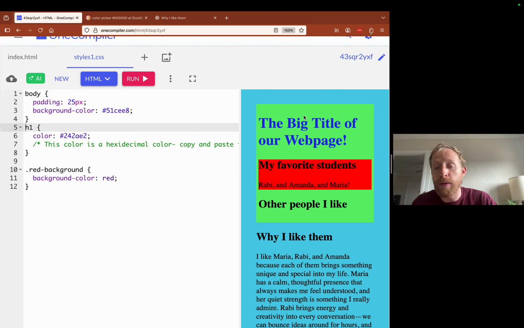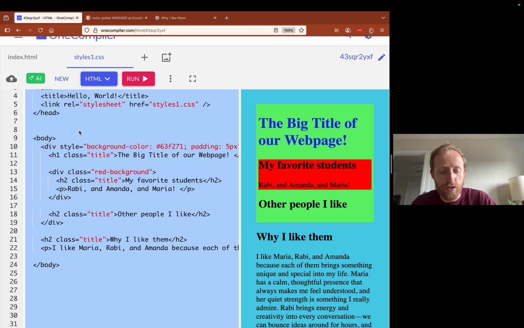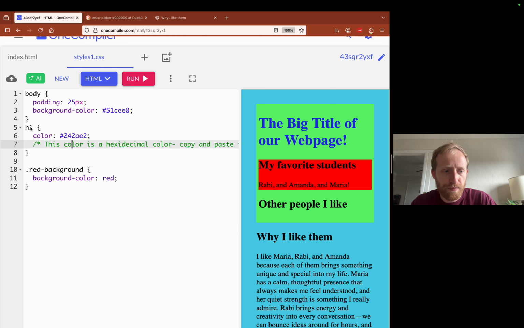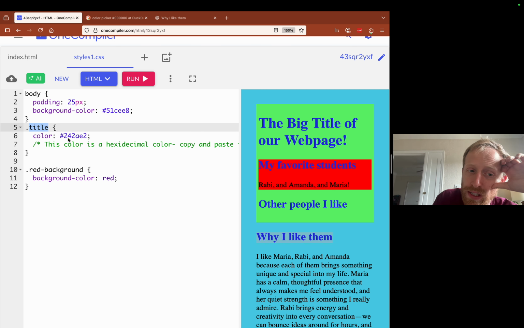And now it renders close to the same way, actually. The reason it's a little different is because these H2s also had class titles. So let me actually restore that. Oh, shoot. Wait, what did I just do? So let me restore dot title. Now, anything that has a dot title tag has this blue background color, right? You see that? Anything with this dot title, or anything with this title class name has a blue background color.